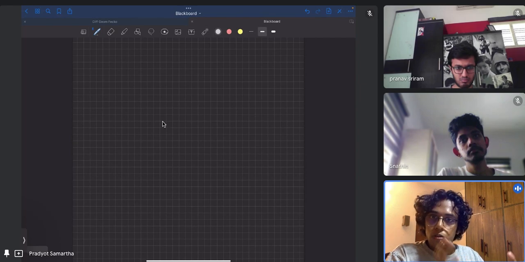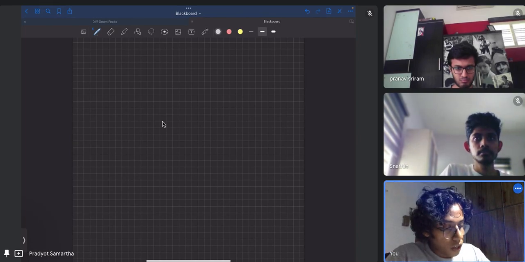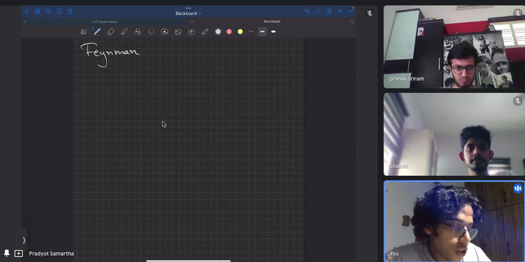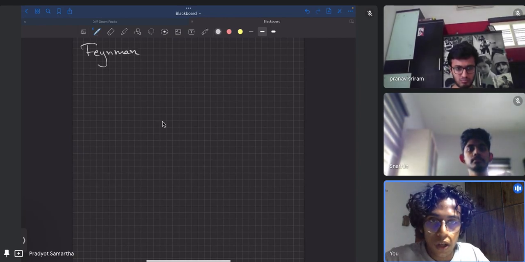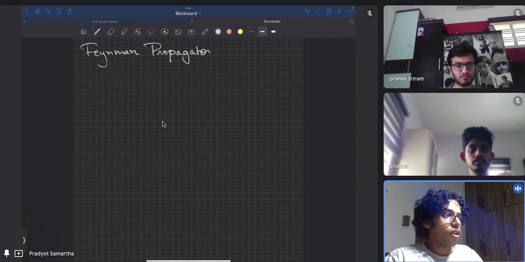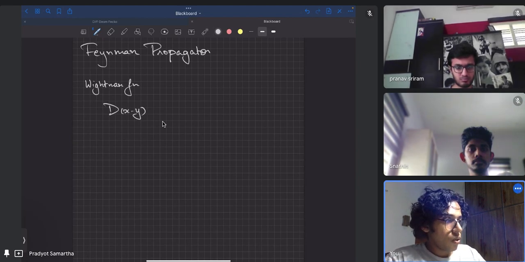Now let's move on to the main theme for today, which is essentially the Feynman propagator, and we'll be talking about a particular problem that has to do with the Feynman propagator. Note that before we go on to the Feynman propagator, let's just note what the Wightman function is. So this is D of x minus y, which is given by